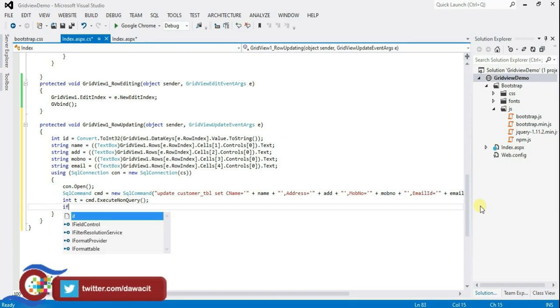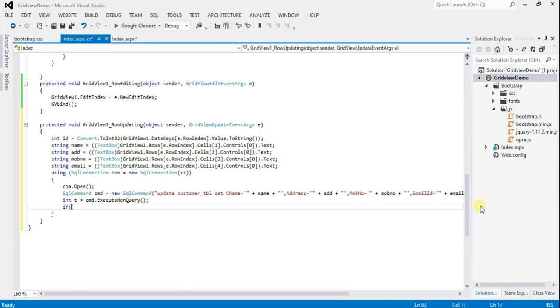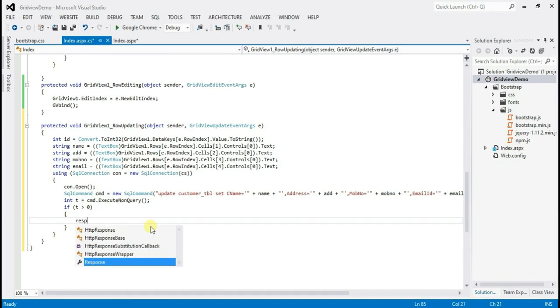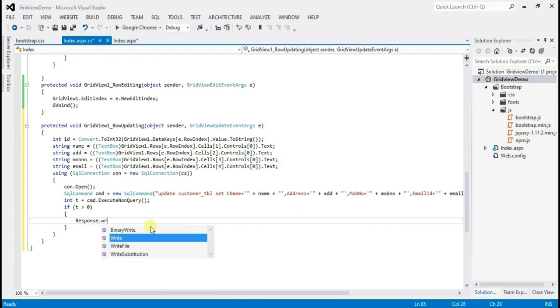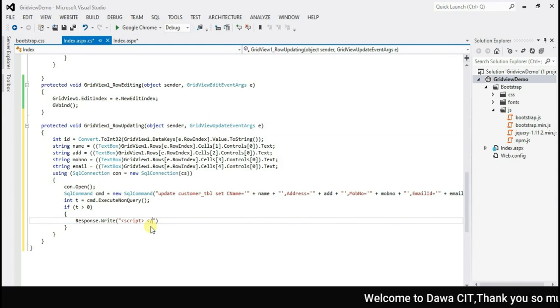If t is greater than 0, response dot write script, close script tag,